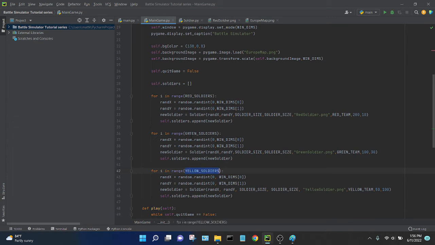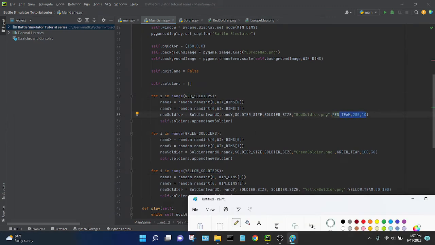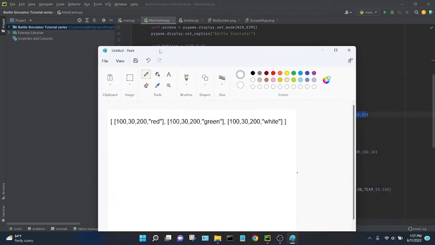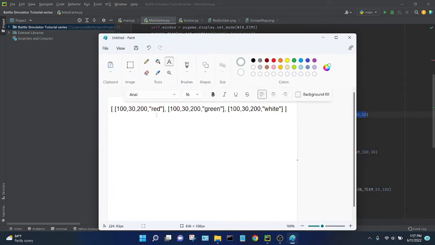We now no longer know that there's exactly going to be 3 armies with these stats. So here's what we're going to do. We're going to create one for loop that's going to go through every item in army data. So it's going to look like this. Let me expand it. For